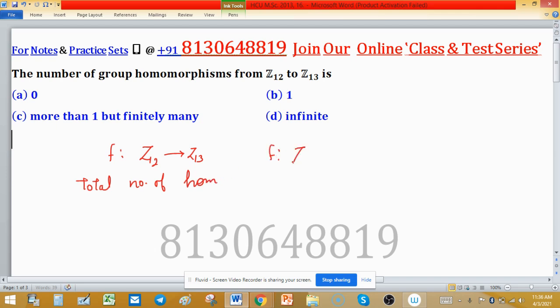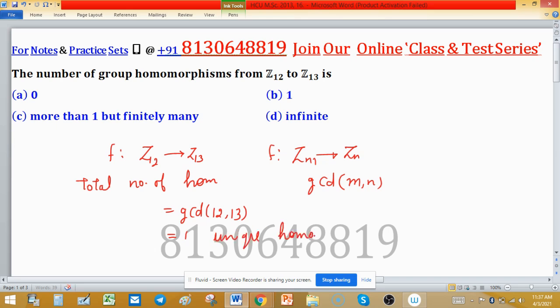If f is a homomorphism from Zm to Zn, then the total number of homomorphisms is the GCD of m and n. For GCD of 12 and 13, this is 1, which means a unique